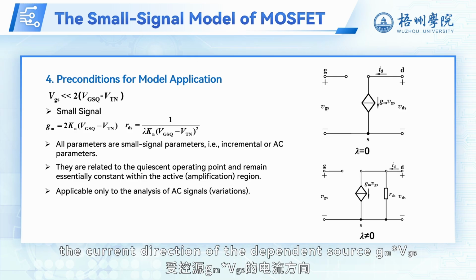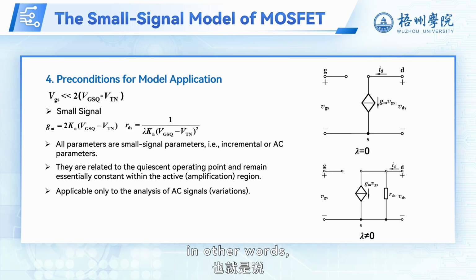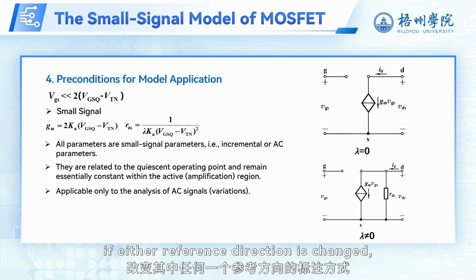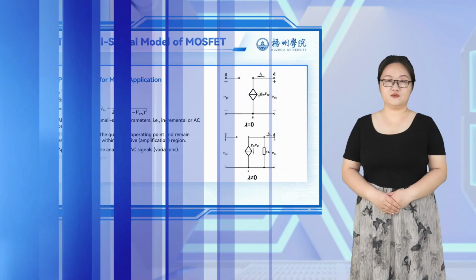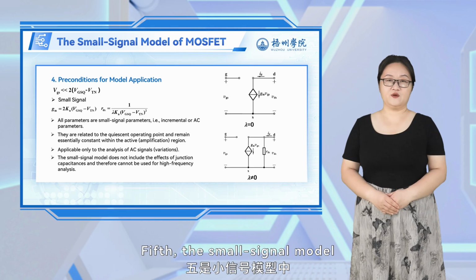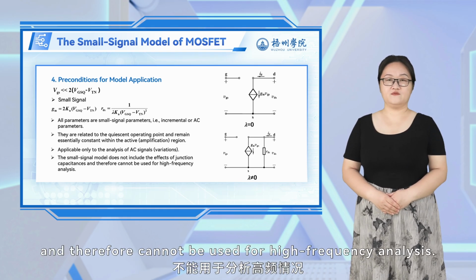Fourth, the current direction of the dependent source g_m times v_gs is linked to the polarity of the control voltage. In other words, if either reference direction is changed, the other must be changed accordingly. Fifth, the small signal model does not include the effects of junction capacitances and therefore cannot be used for high-frequency